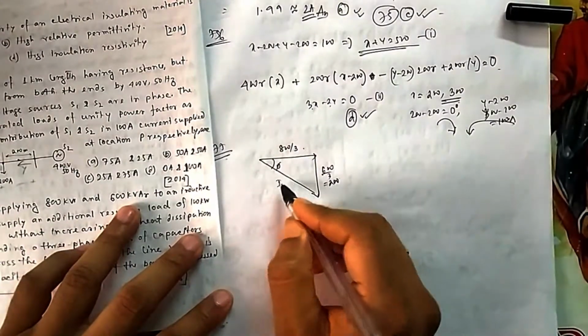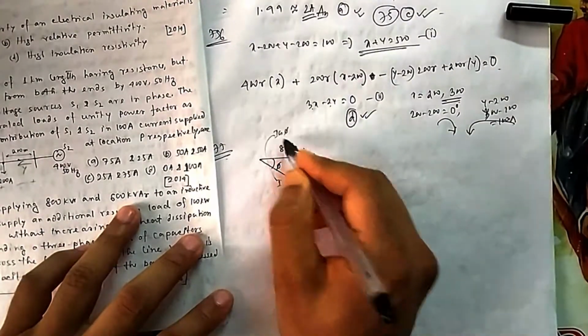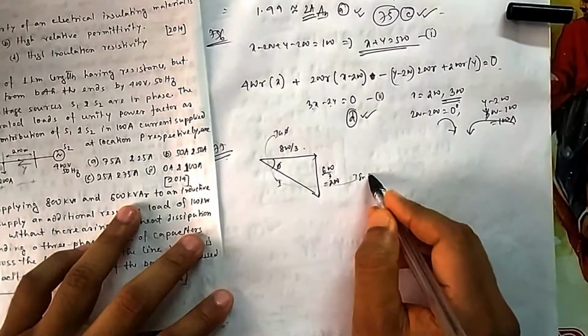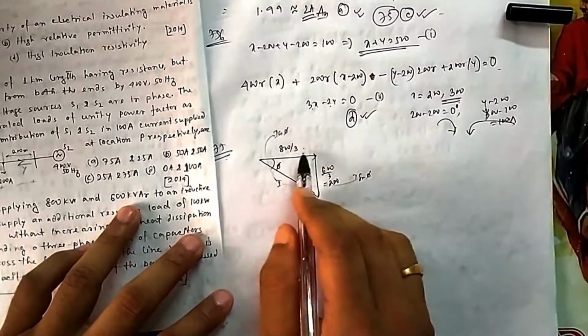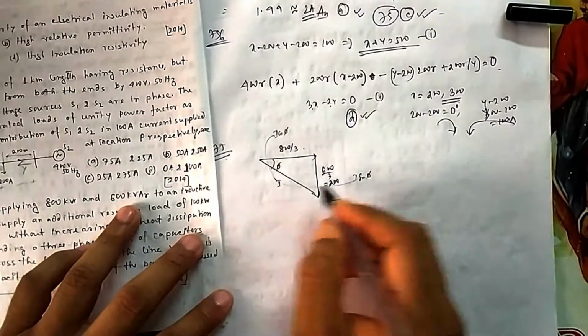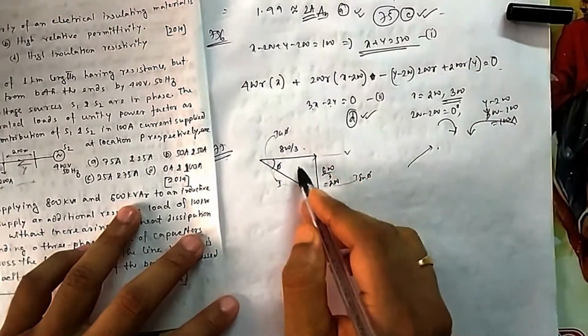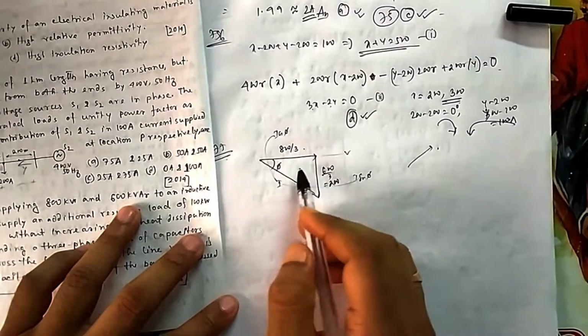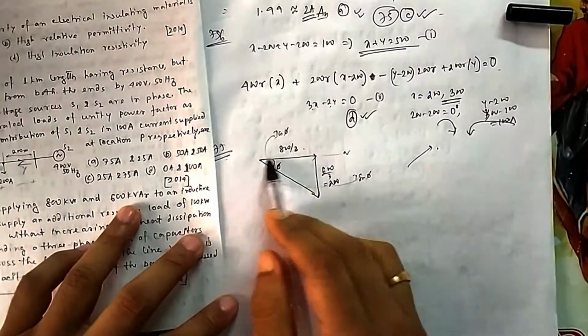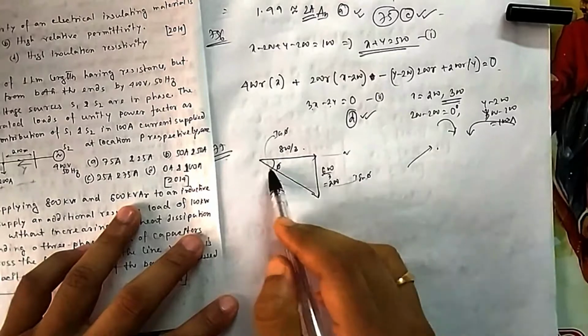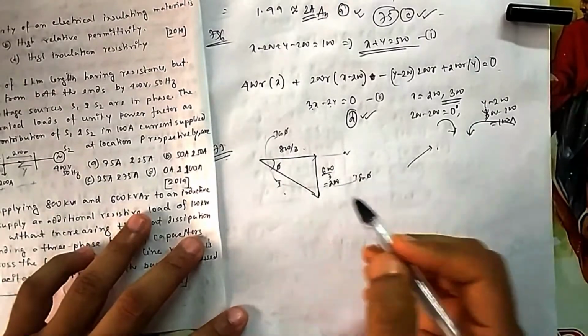This is your I, this is your I cos phi, this is your I sin phi. If you multiply V everywhere, then it becomes kilowatt, kVA, and kVAr. This is actually your I. If my V is the reference, then this is my I, so you can see this much lagging. If you multiply VI cos phi, then it becomes kilowatt. If you multiply VI, then it becomes VA, and this is var.